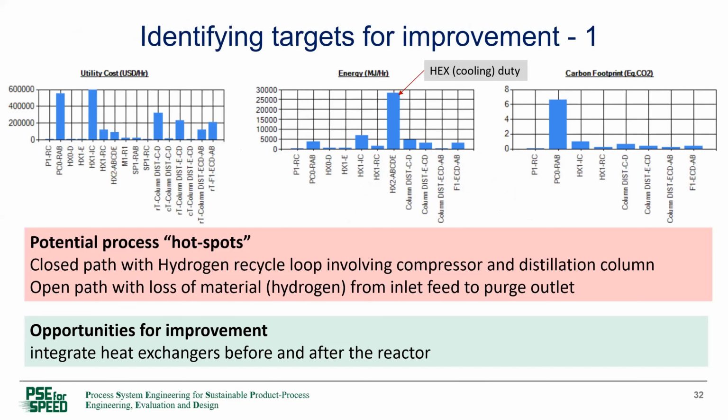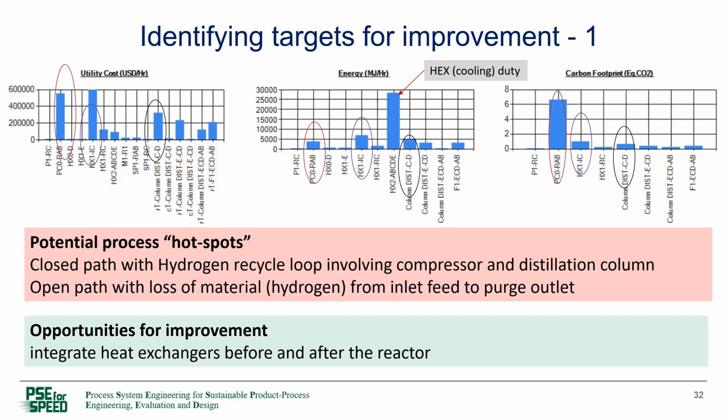But if we look at which are the ones contributing to a lot of cost and high carbon footprint, these are the compressor, the heat exchanger before the reactor, and the reboiler duty in one of the columns, separating benzene and toluene. So automatically we know where the target is,